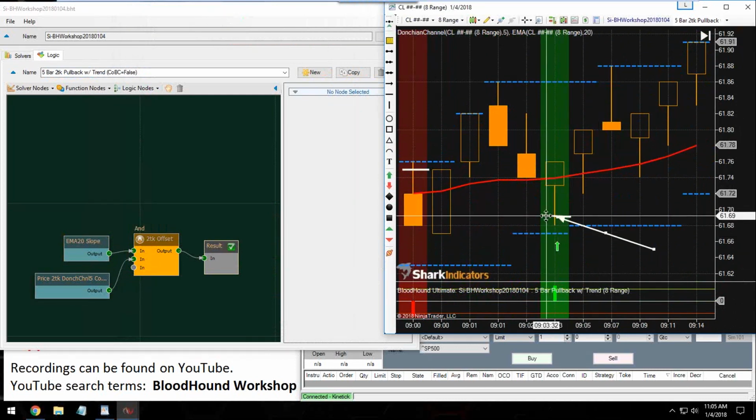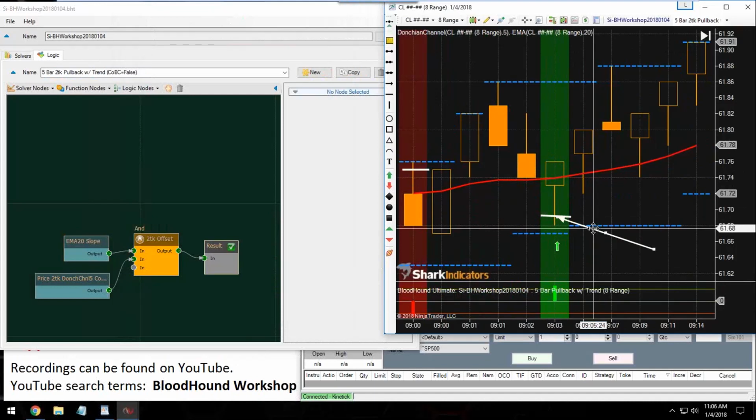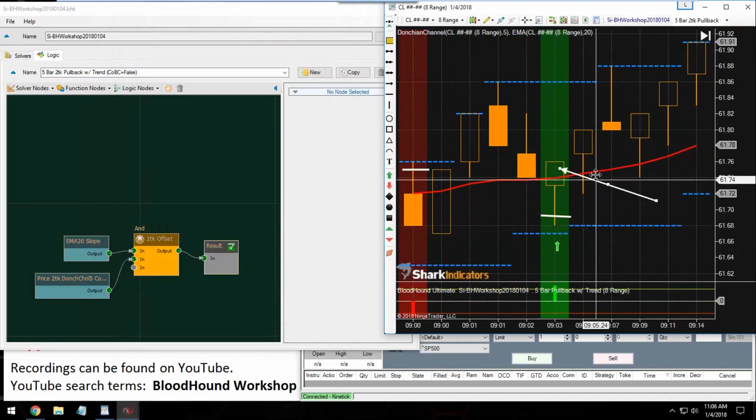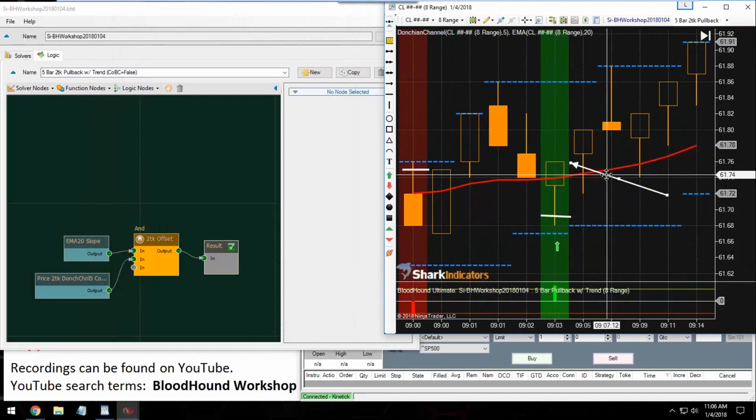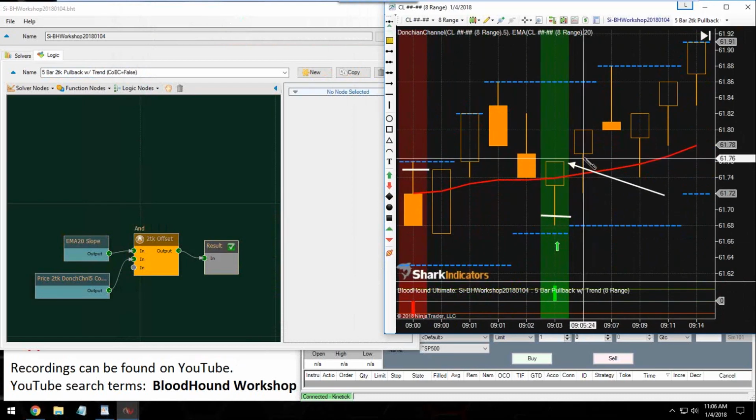Pulls back to our 2-tick offset. And then a second order would go in after the bar closes. So we would wait for the bar to close, and then essentially,